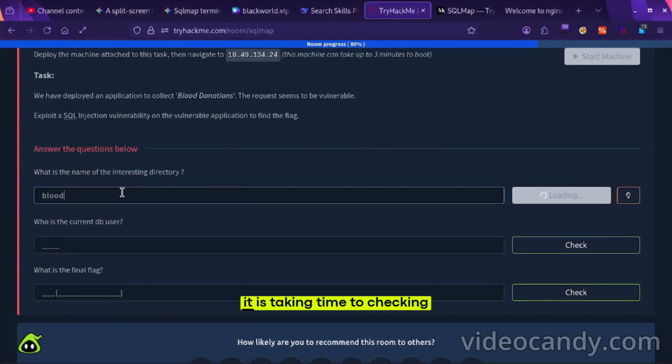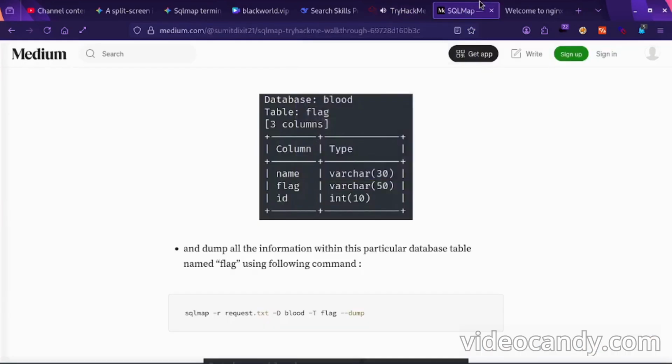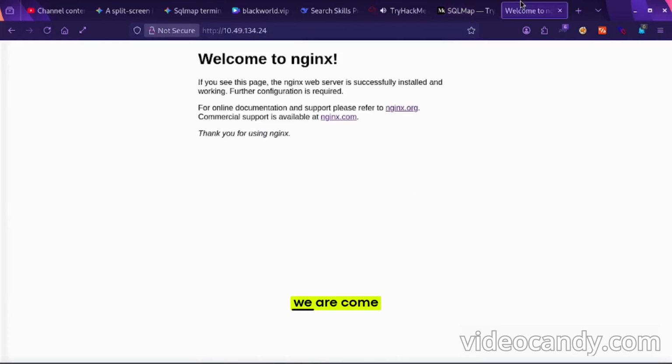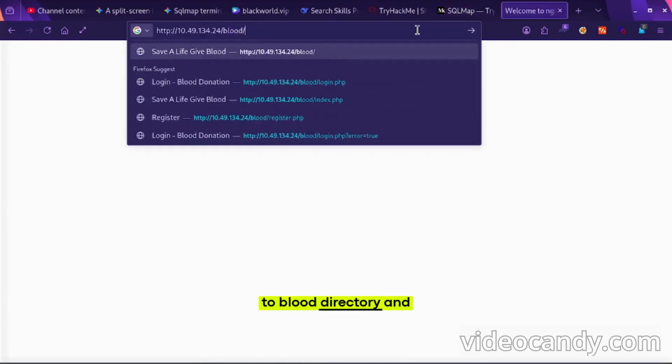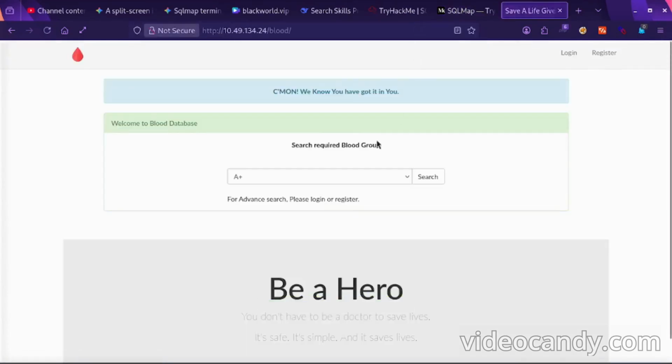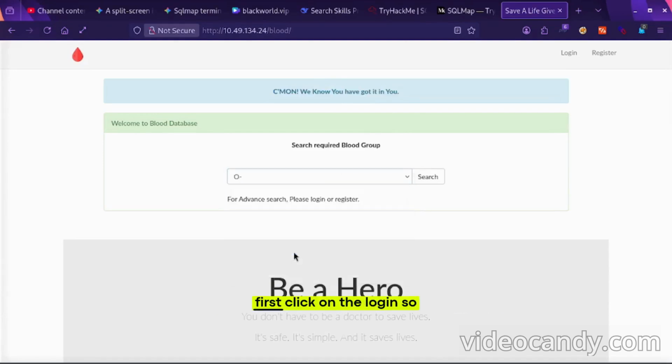Now it is taking time to check, and here we have come to the blood directory, and here we can see the login and register pages.